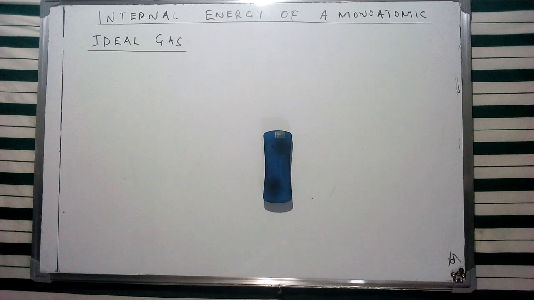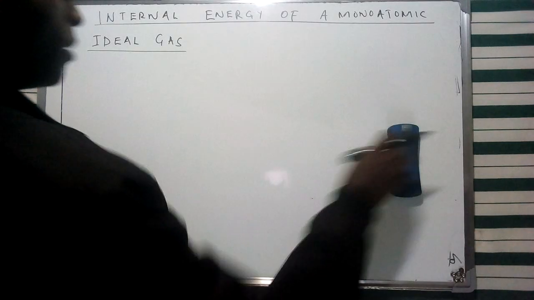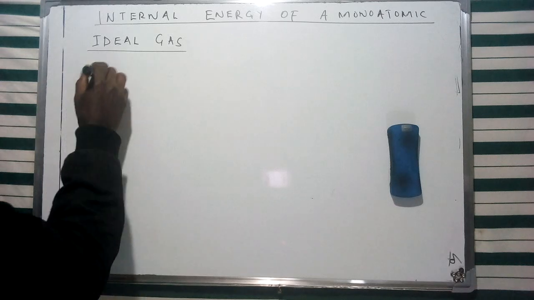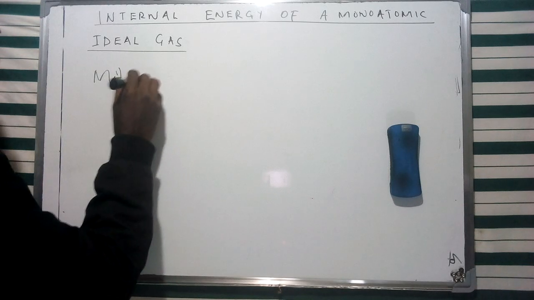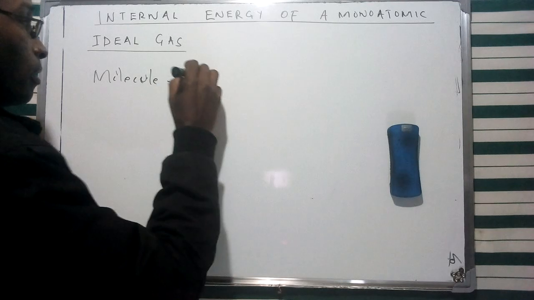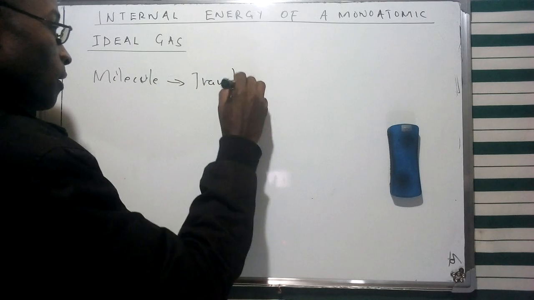Now, in this case, I've talked about the concept of a molecular partition function, and this, of course, is going to provide for us a general overview of how we can describe a molecule of an ideal gas in terms of energy. In that specific case, I said that we can describe the molecular partition function of an ideal gas in terms of different types of motion of a molecule. And I mentioned that if we consider a molecule, we're going to describe a molecular state of energy in terms of the translation aspect,